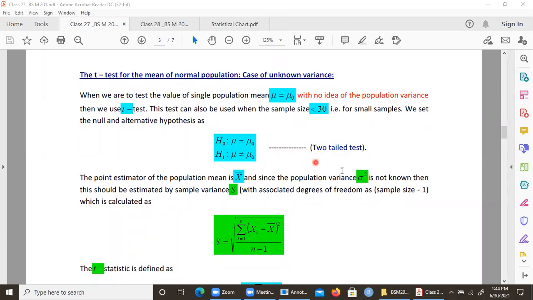So to begin with, we assume something for the population mean mu, and suppose the value that we have assumed or guessed for the population mean is mu naught. If we consider the two-tailed test, this two-tailed test is considered when we cannot say anything about the upper tail or lower tail explicitly. Then in that case,